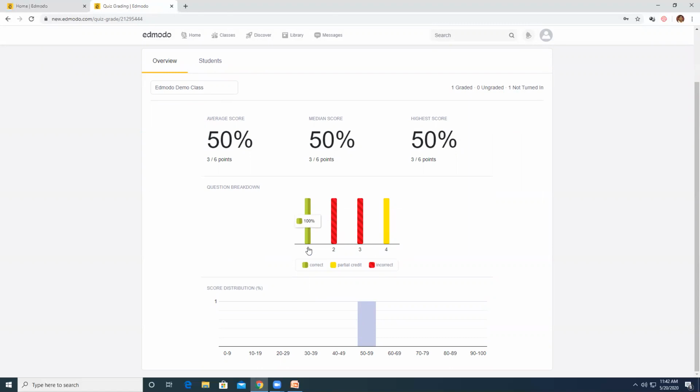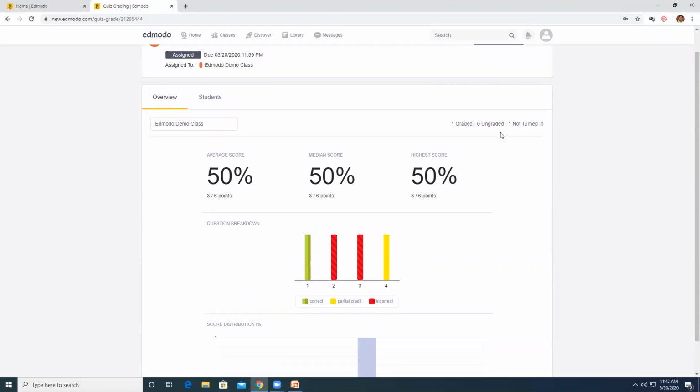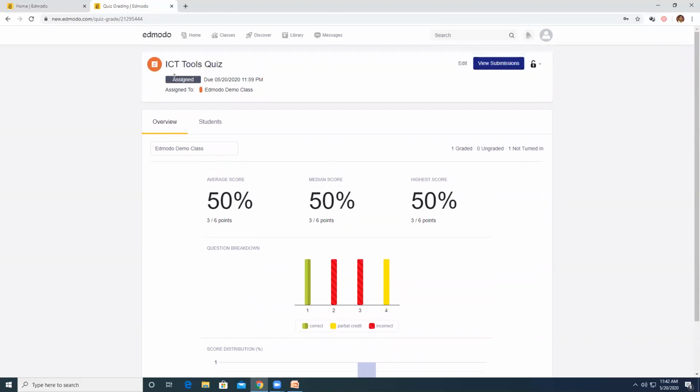So first one, yes, answered it correctly. Second one is completely wrong. Third one is completely wrong, and fourth one is partially correct. Okay, and one not turned in. He's still saying that 120 is yet to turn up. That's okay. Now let me go back to my class,